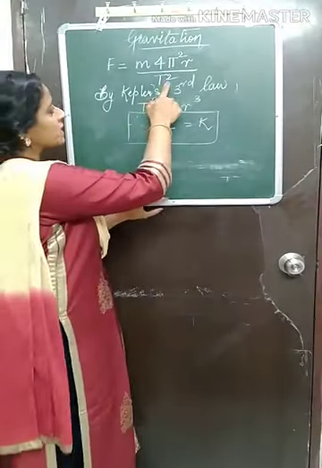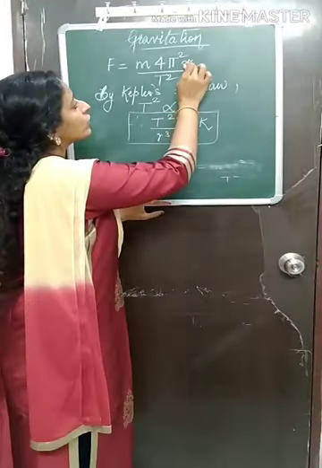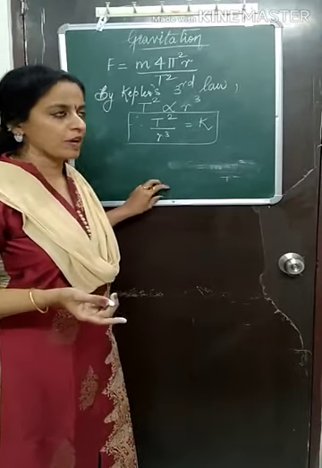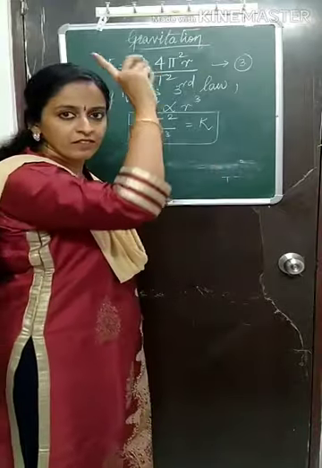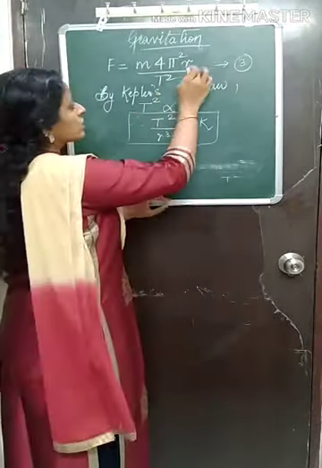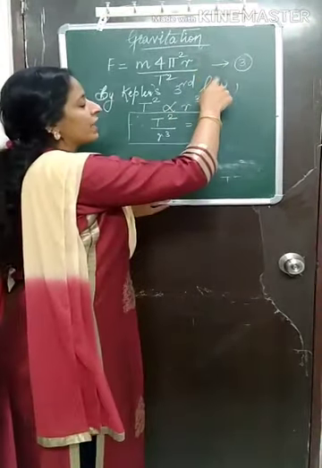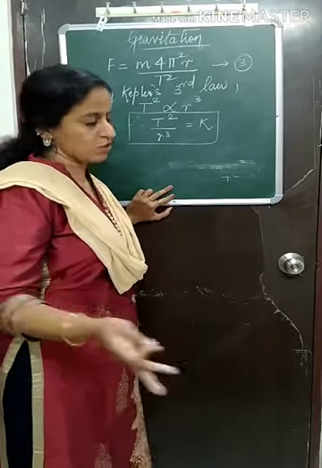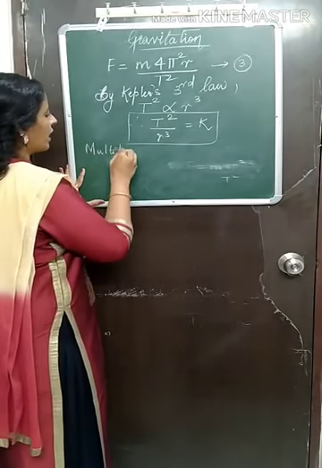So here also we can see a t square, but we need an r cube. We have only one r, so to make it r cube, we need r square. This we will give as equation number 3. We had given equation 1, equation 2. Now, to make this r as r cube, we will multiply and divide by r. What do we need, r or r square? R square. So next step I will write, multiplying and dividing